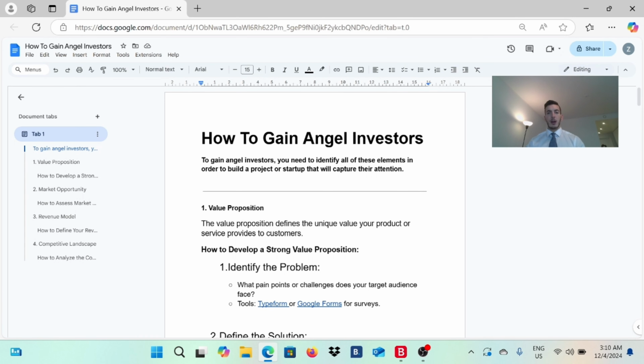Today you will have all the key elements that you need in order to raise capital and to gain angel investors for your startup, to make sure that you will go public with time, or to launch your startup, to go live, to scale up your startup later on, to gain the funding, and to do whatever you have already planned to do with your startup. So you will gain all the elements that you need in order to build a scalable project or scalable startup that any angel investor would be interested to invest in.